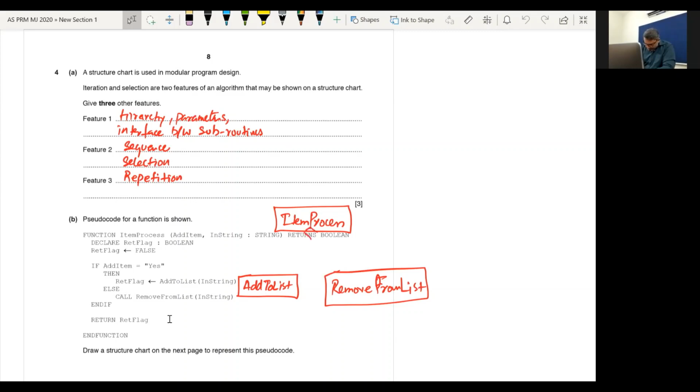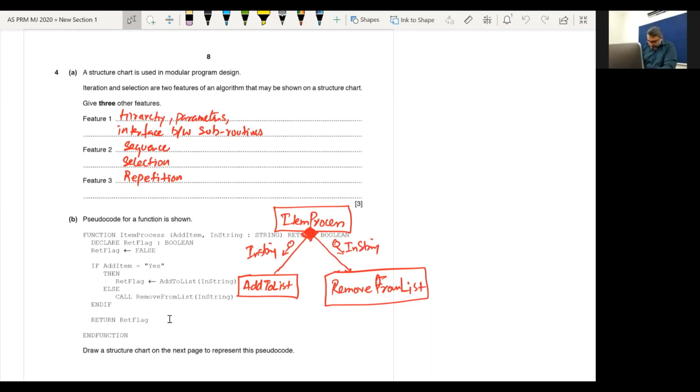There is selection involved. So this is in string. If it is true, otherwise it calls this with in string, and return flag